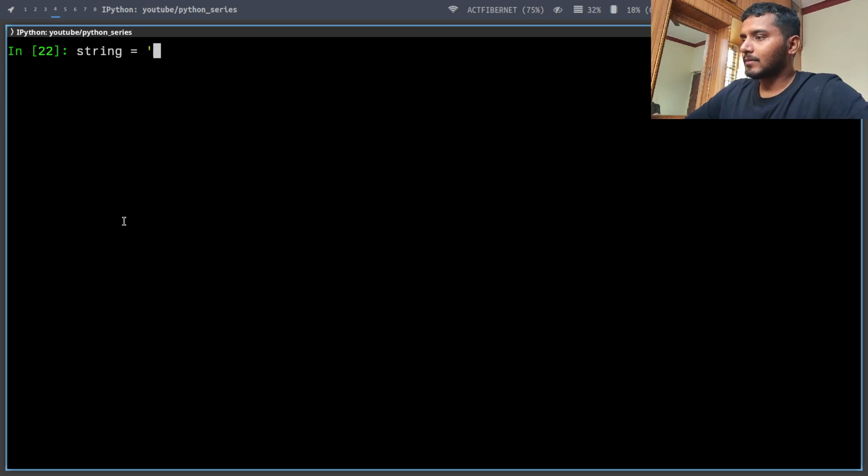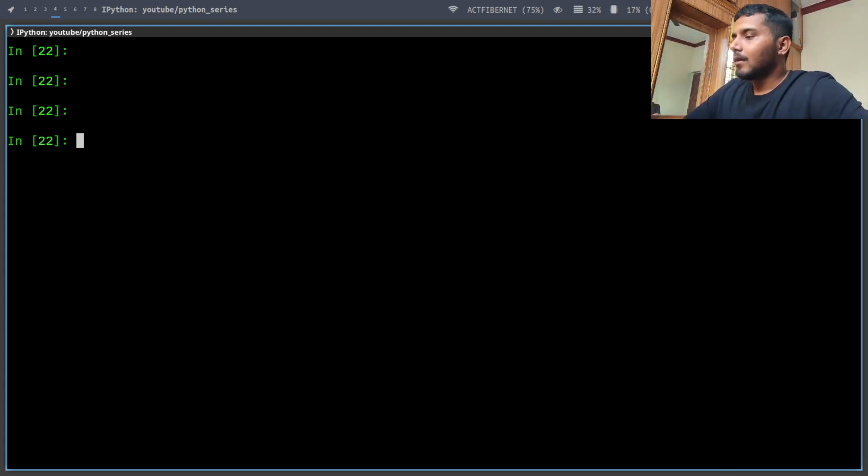One with single inverted comma, single quotation, or you can represent a string in multiple ways. So the major thing would be a string with double quotes, and you can type some string,